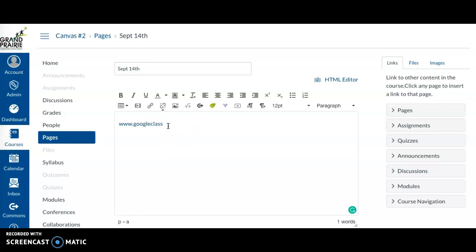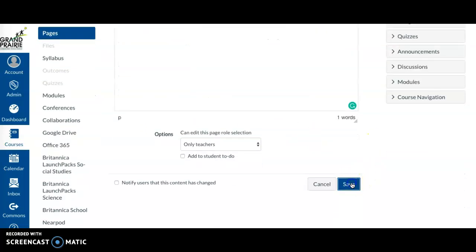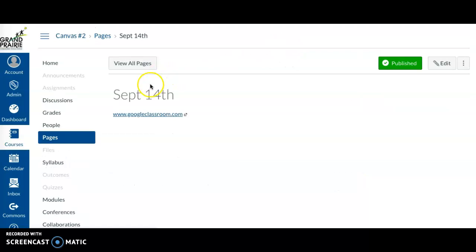and you can type in whatever your address is to Google Classroom and take your students and your parents to whatever site that is, and that's all that you would put in there, and when they click on that, they would be able to go straight to that. So it would look like this. There's September 14th, and of course you don't need to name it September 14th. You could just say my resources or agendas or whatever you want to call it,